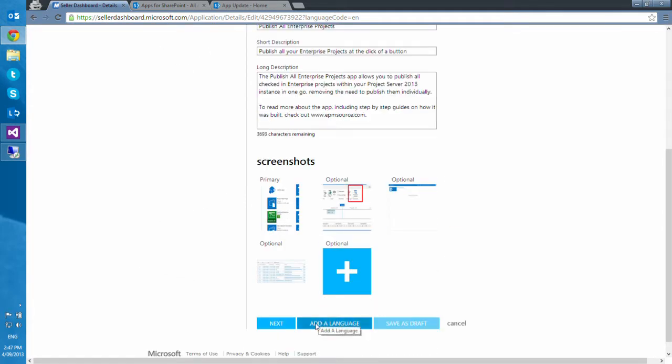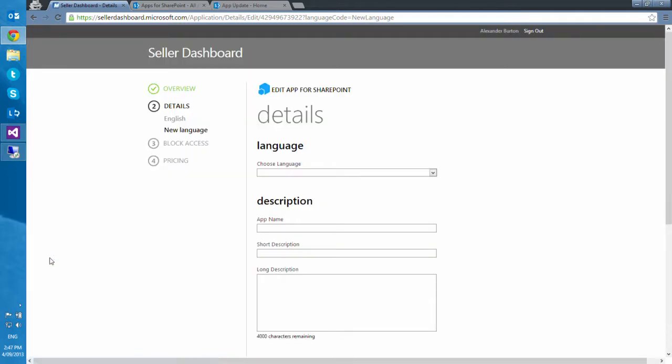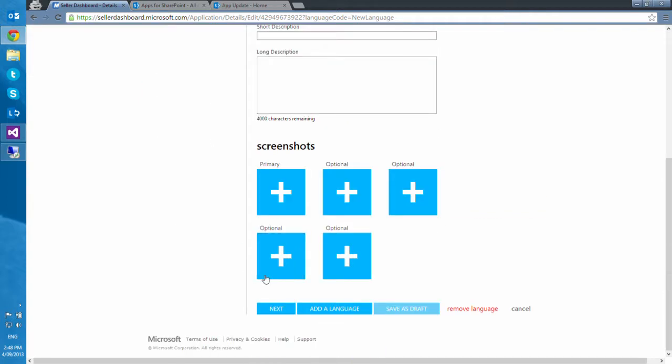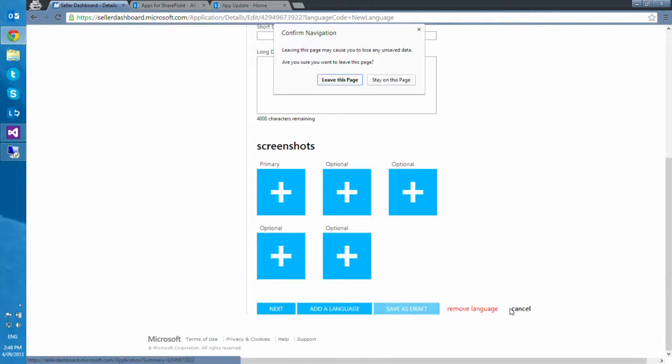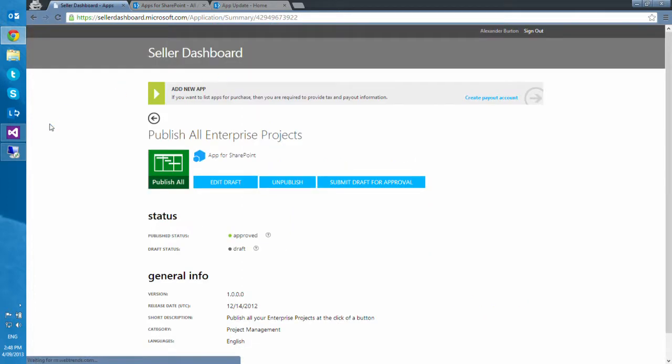So recently the Office Store added the capability to submit in native languages for, if I click here, Spanish, French, German, and Japanese. So it's not just an English store now, you also have access to these stores. Just come out of that. You get the idea. Now once we're happy with that, we press, I'm not going to do it, submit draft